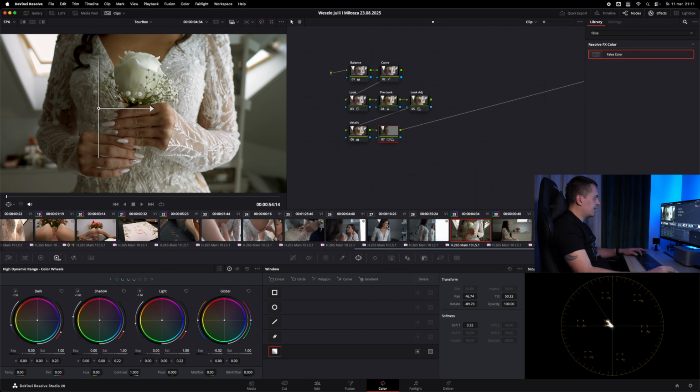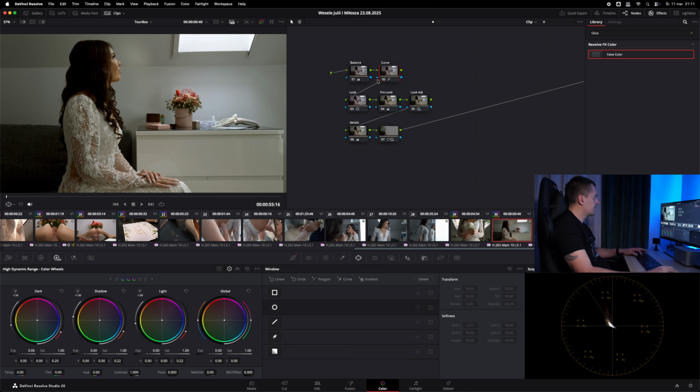So let's jump to this scene and look where we start and where we are. The same here. Look where we were. And now we are over here.